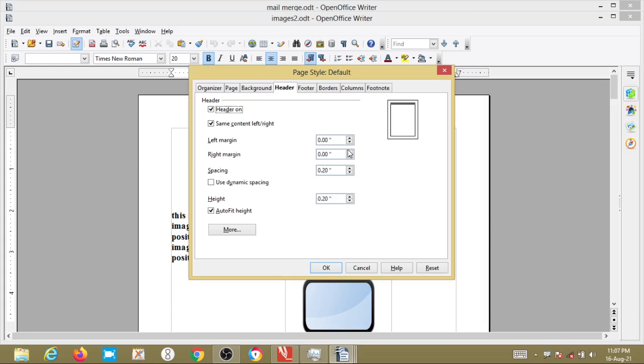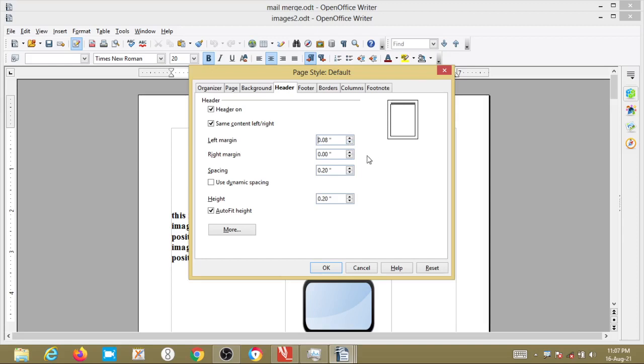It is default, it is 0. If you want to give certain space, you can increase that. See, if you increase the left margin, it is changing. You can observe here closely. It has moved a little bit forward.